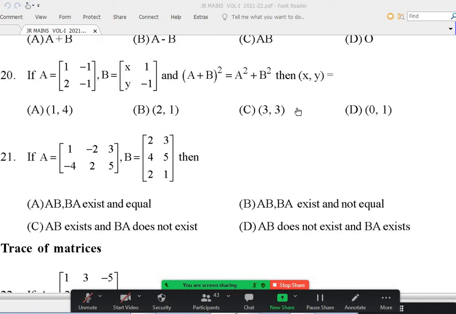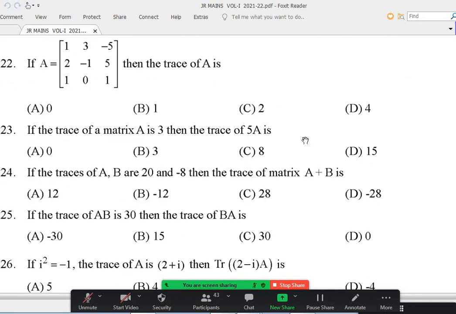Okay, so this 20th question, is it okay where you add A plus B, square it, and find A square separately, B square separately, add them, and then equate the corresponding elements. So again, we'll get 4 equations for 2 unknowns. We'll get the same answer. Anybody want me to write that solution, or you want to do it yourself? No, sir, we don't need it. Okay, they are simple, but just for the sake of asking. Anybody any doubt about 22 or 24 or 26?